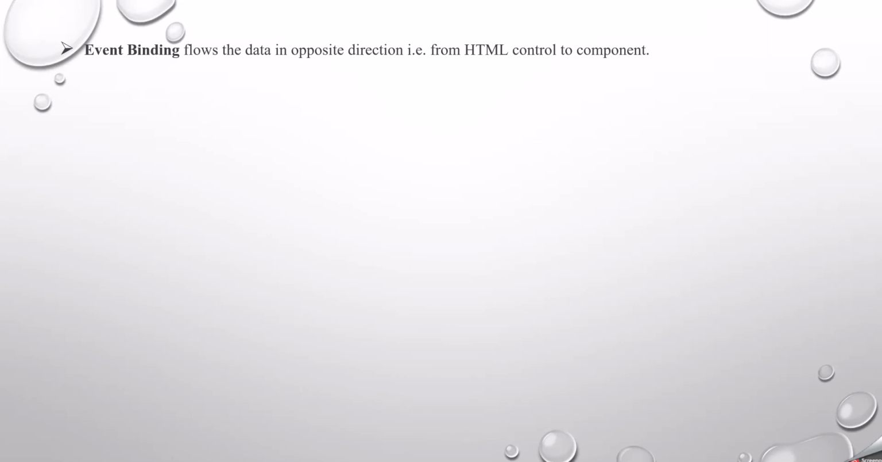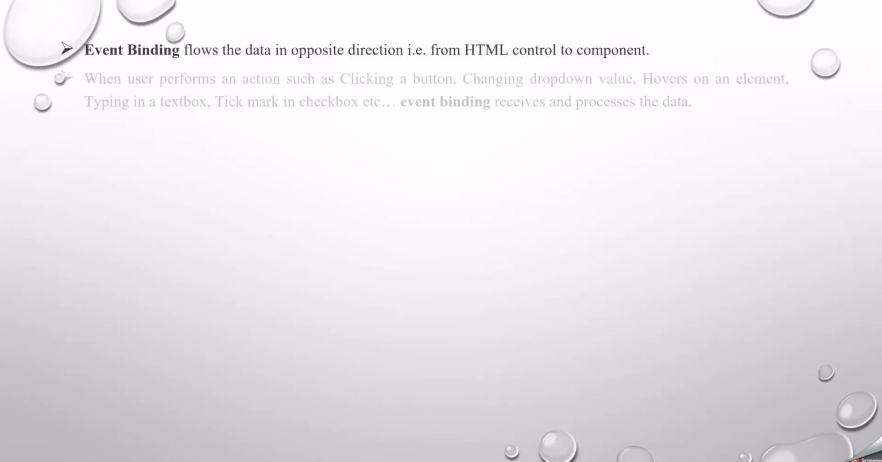Before moving on, what I want to highlight here is that event binding flows the data in the opposite direction. Whatever sessions we have discussed so far are one-way data binding, that is from your code behind to HTML. But this extends the functionality so that it moves the data in the opposite direction, meaning HTML to your code behind. So when the user performs an action, such as clicking